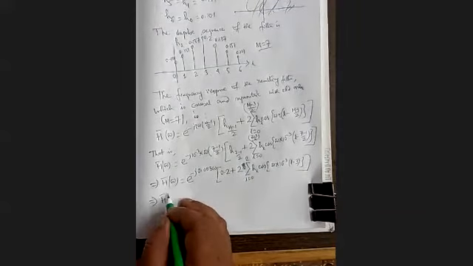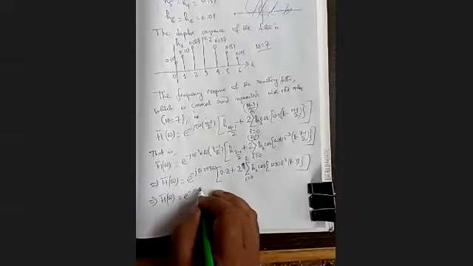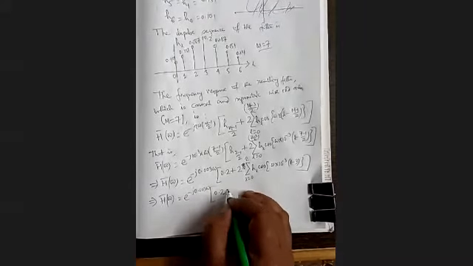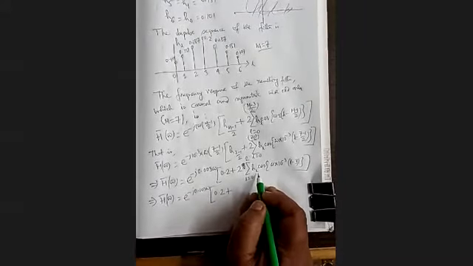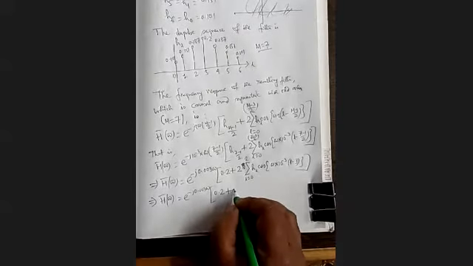Or our H bar omega equal to e to the power minus j 0.003 omega into 0.2 plus, when we put different values of H0, H1, H2, just do it at your home, you will get